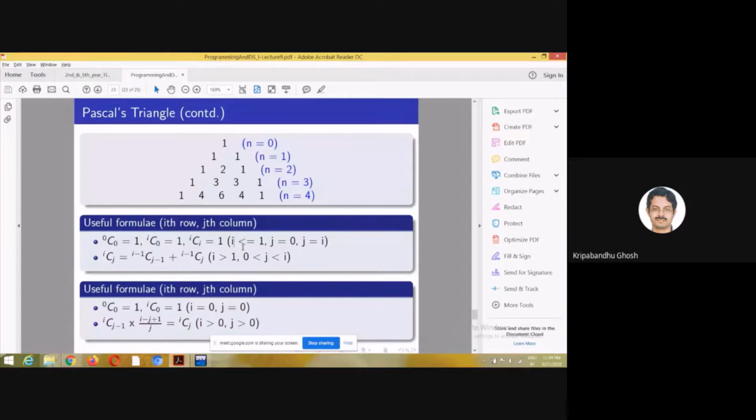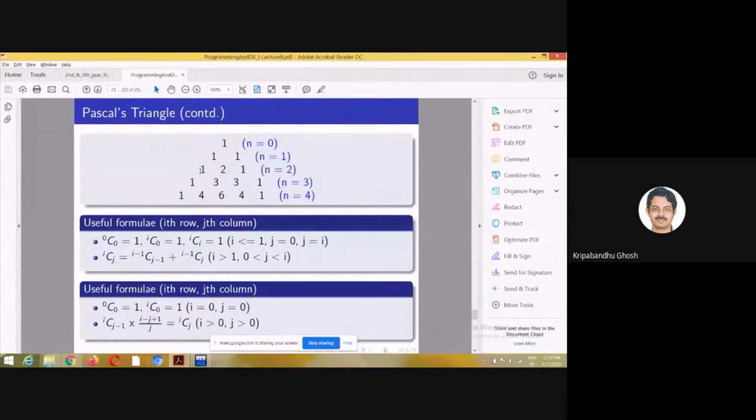So for rows 0 and 1, you use only these expressions. 0C0 is 1, and iC0 is 1. iCi is 1, which is true here. So this is 0C0, this is 1C0, and this is 1C1, which are all 1. This is also true for j equal to 0 and j equal to i.